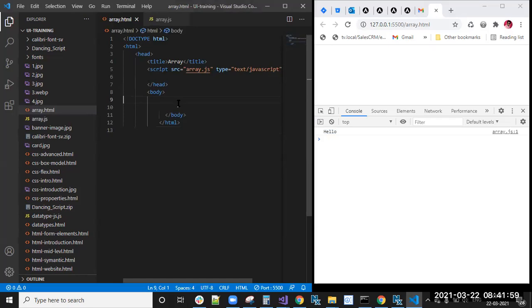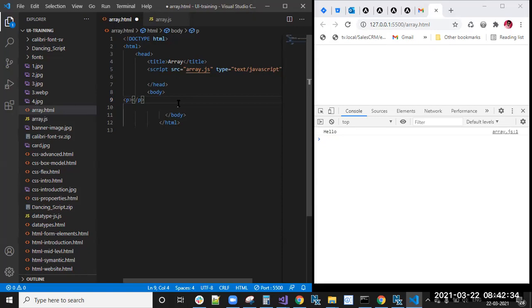Now, first we will go to the array concept. So what is an array? An array is a collection of elements, or similar elements. An array is a variable which holds more than one value, like multiple values at a time. Okay, array is also one data type only, right? I told you, array is also one data type. So what this array will do, it will hold multiple elements in a single variable.